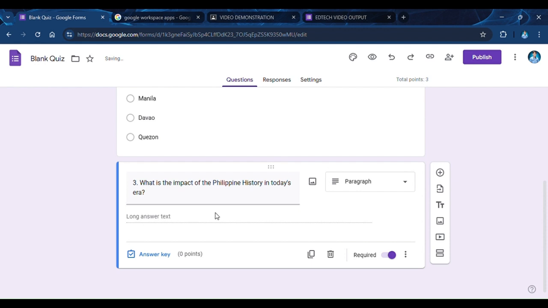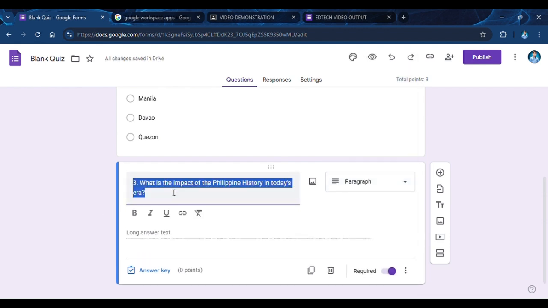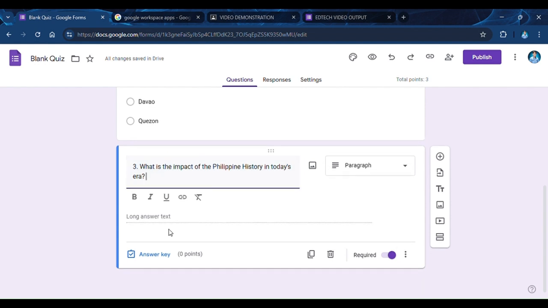Let's put a long answer text for them to be able to write an essay. You can also add an instruction here in parentheses, such as five sentences or six sentences, so it's up to them. You can also add an answer key, but for this question, I will rather not put the correct answer.